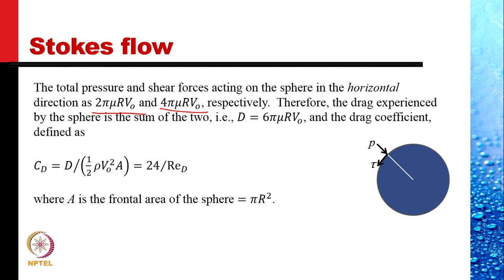So, the approximation of flows where the velocity is very small, which is marked by the values of Reynolds number to be much less than 1. If that is the case, we can drop the convective acceleration term, and then the viscous forces are balanced by the pressure forces.